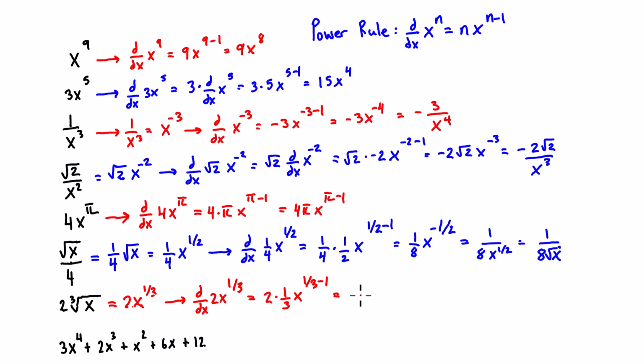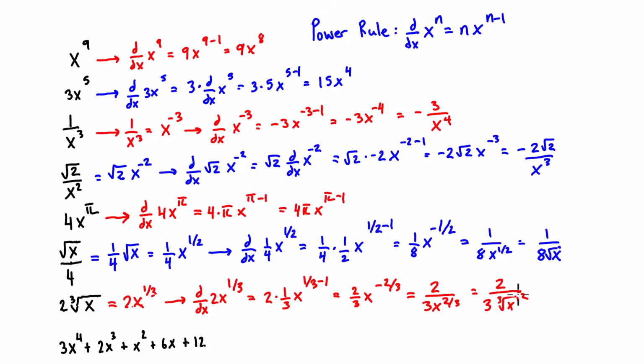So we're going to be left with 2/3 x, and 1/3 minus 1 is equal to negative 2/3. So we can simplify this a little bit. So we're going to have 2 over 3 times x to the power of 2/3. And you can even rewrite this if you really want as 2 over 3 times the cube root of x